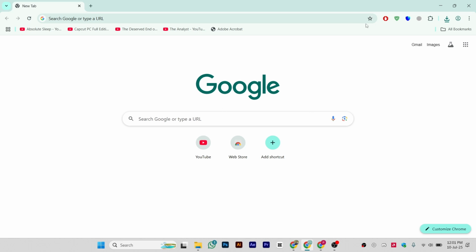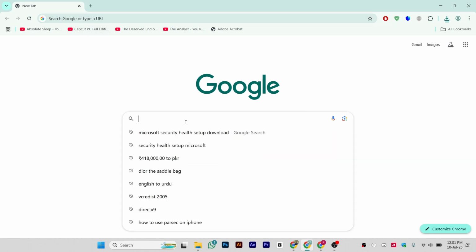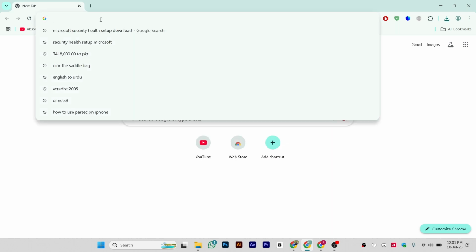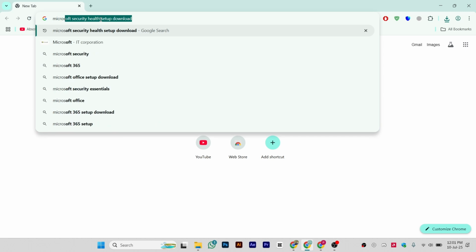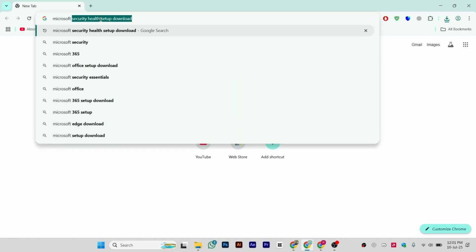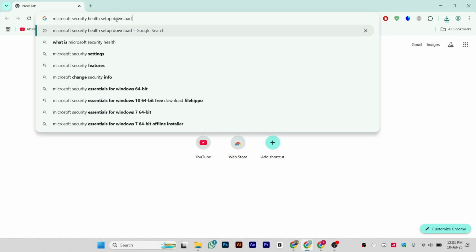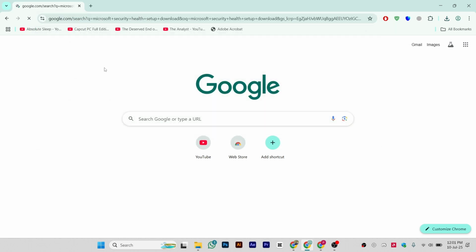Now step 1 is just open up any browser on your laptop or PC, go to Google and search here. You can search for Microsoft security health setup, and you can write down the download as well. Once you write Microsoft security health setup download, click enter